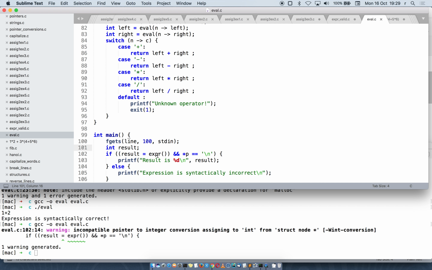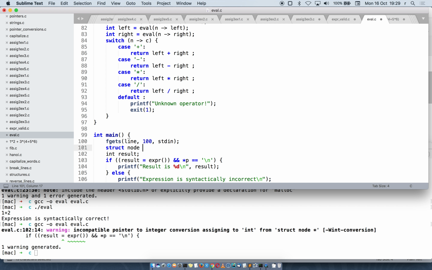Oh, not expression. Sorry. Not expression. So we should say struct node tree equals expression. All right. Int result equals